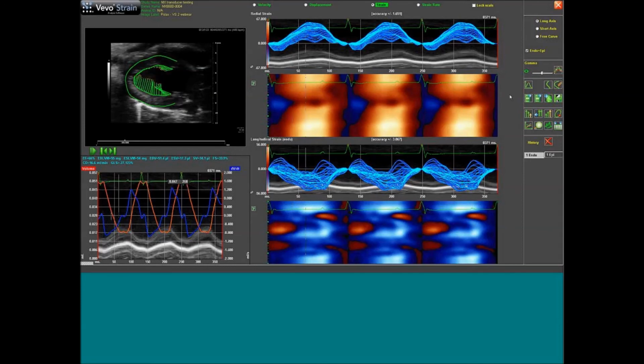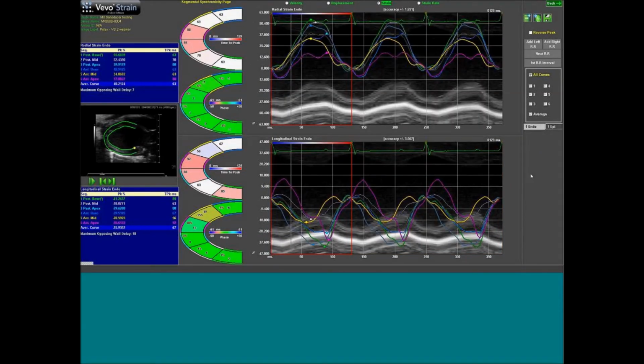It's a nice ability to go in and step back. I should just move ahead now to the next screen in the software, which is the time to peak. And this is the screen that I mentioned where the software is now taking all of those points, all those 48 points, and chunking them up into 6 sections, and then providing peak data. So right now we're looking at the peak percentage in strain and the time that peak occurs in